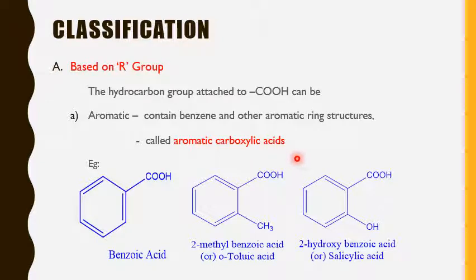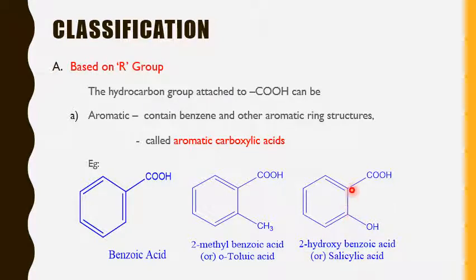And next, not only CH3, we can have any derivative such as OH. And here also, without COOH, we say it is a phenol. And when this phenol is attached to a COOH through the ring carbon of benzene, then we can say that it is an example of aromatic carboxylic acid. And the famous name is salicylic acid, and it is very, very important in organic chemistry, especially for carboxylic acid.